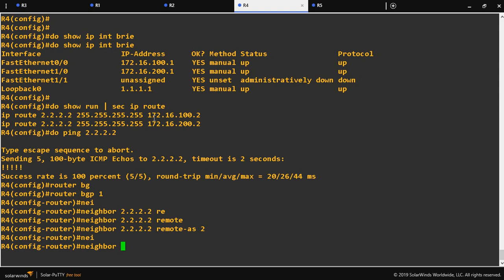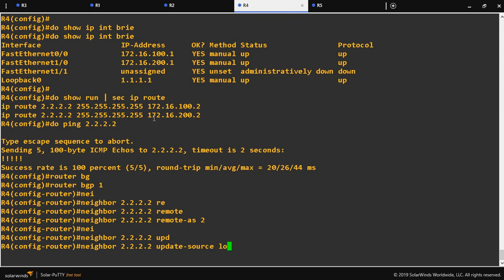So here normally BGP routers will form the peering with the physical interface IP as the source, but here I'm using loopback IP, so you have to take the source IP as this loopback IP. So that's why we have to configure 2.2.2.2 update-source loopback 0. On the R4 router I created loopback 0. So whenever I am trying to peer with the R5 router, take my loopback as the source IP. If I am not giving this command, it will take the physical interface IP. So I am not configuring peering with the physical interface IP, I am configuring with the loopback IP. So we have to mention update-source loopback 0.